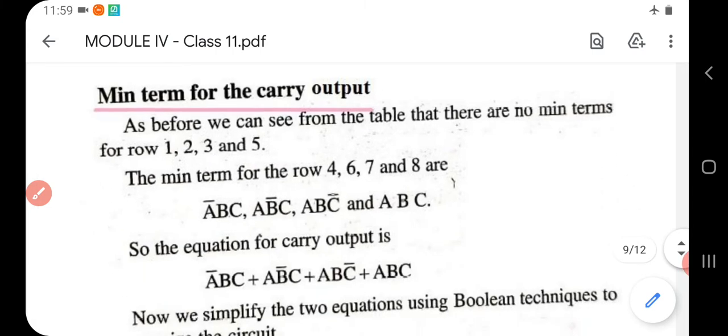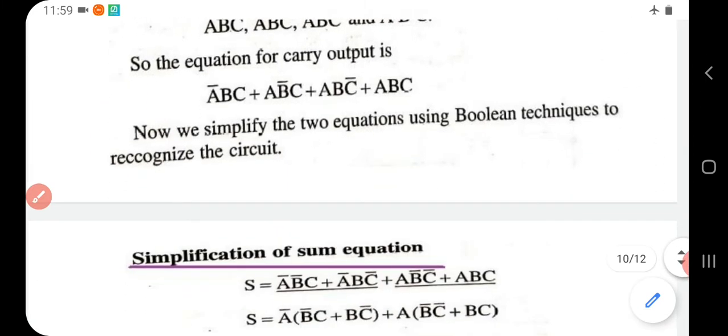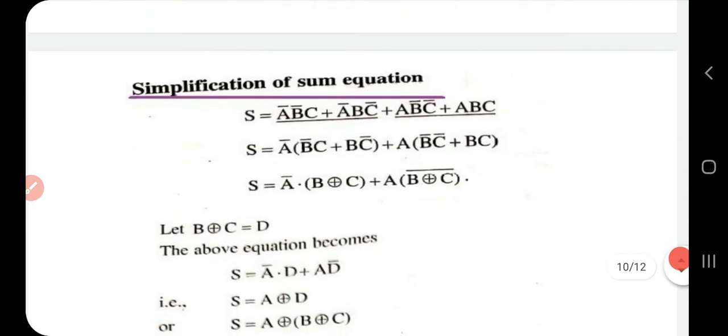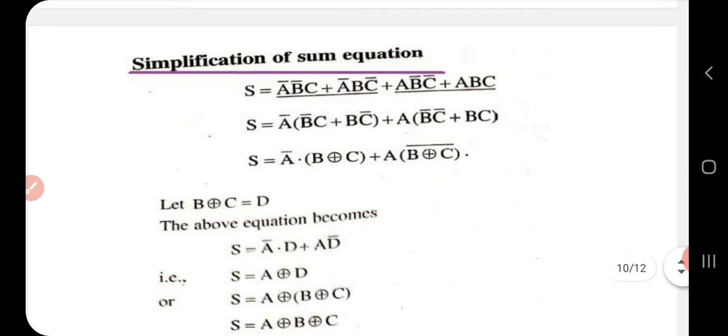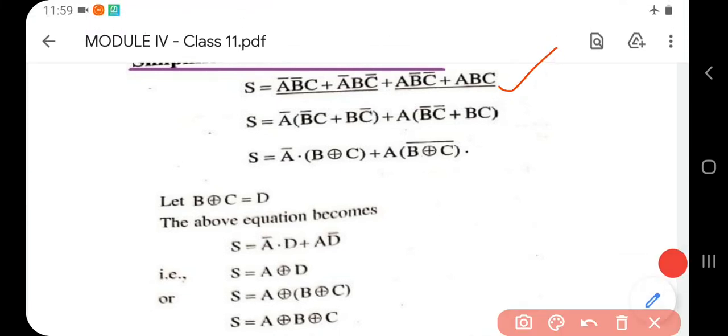Okay, so we have now got the expressions to represent sum and carry of a full adder. Now since those expressions are lengthy, we are trying to simplify them. So let's simplify the expression for sum. This was a lengthy expression, right? Now here we are going to take the common term outside, that is A bar is taken outside, then the other one will be like this. Here A is common, so that is also taken outside.